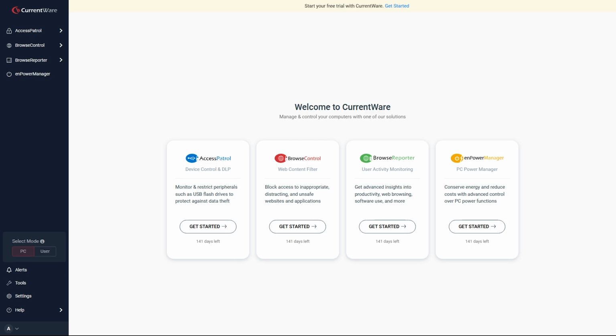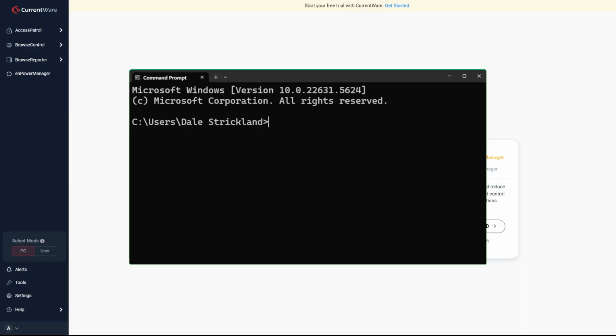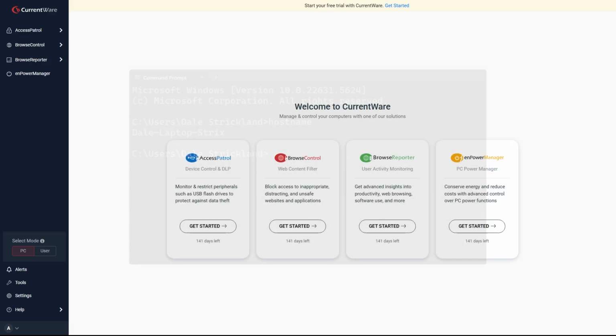Before we begin, make note of the hostname or IP address of the device that has the Kernware server installed. The easiest way to find the hostname of the computer is to open Command Prompt and type in hostname. This will display the hostname of your Kernware server. You must also ensure that TCP and UDP ports 8988 to 8999 are open on your network to establish a connection between the Kernware clients and the Kernware server.